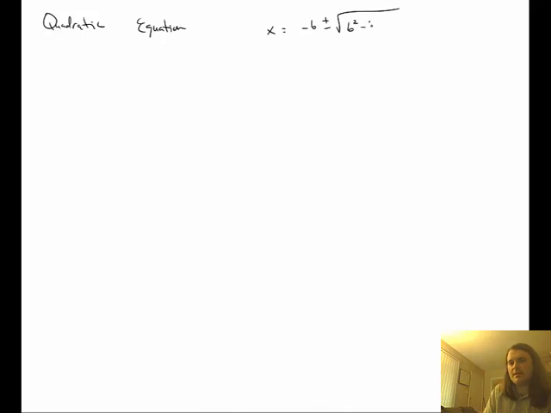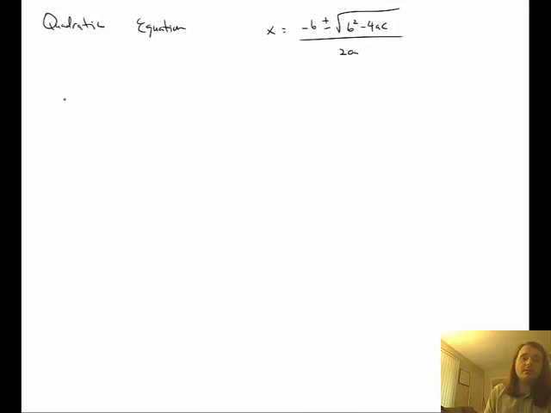Alright, so let's take a quick look at an equation that you're going to see a lot in algebra, and that's the quadratic equation. So what is a quadratic equation? Ultimately, x is equal to negative b plus or minus the square root of b squared minus 4ac, all divided by 2a. Now, this is kind of an arbitrary equation, kind of out there, so the question is,